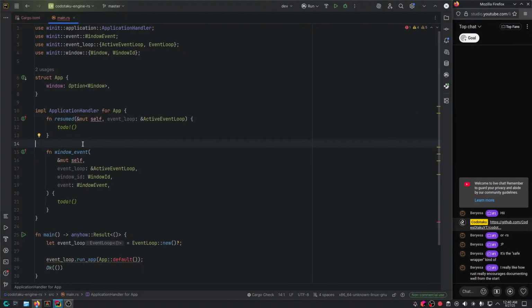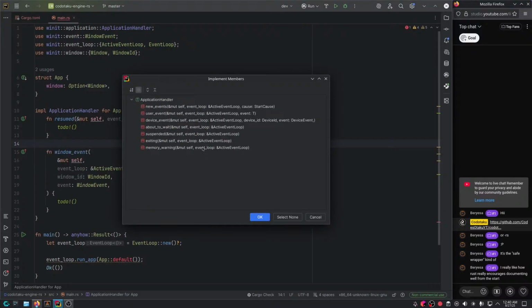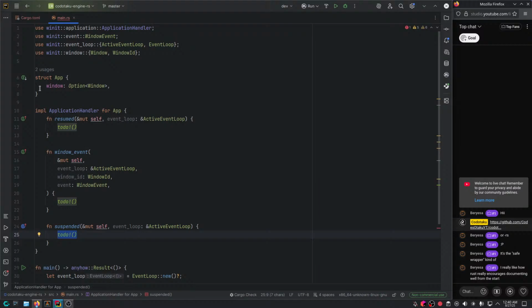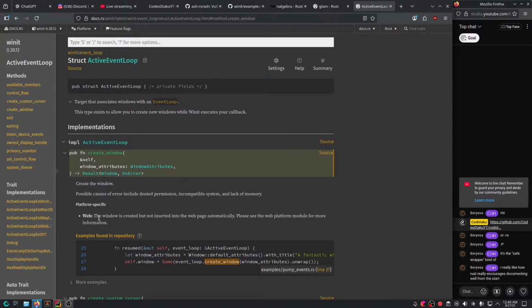And when you get the suspended event, you need to basically remove the window in some sense. Not really the window, but just the surface. If you have a Vulkan surface created, then you should destroy it, because the app would go into the background, right? That's basic, and it would become invalid. So yeah, all right. Okay, fine. Let's see.